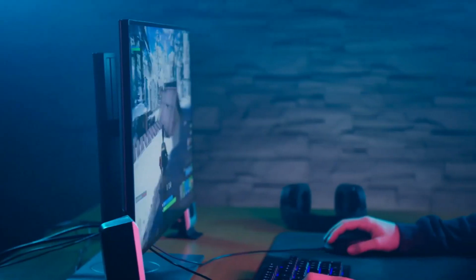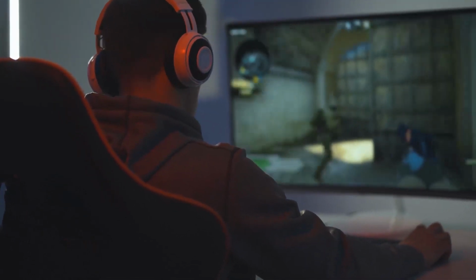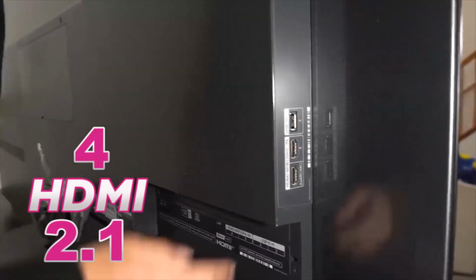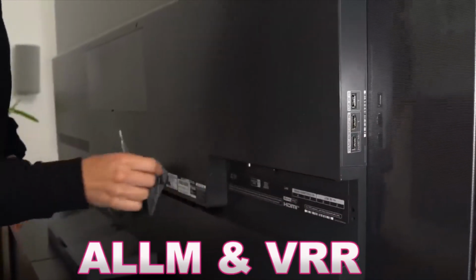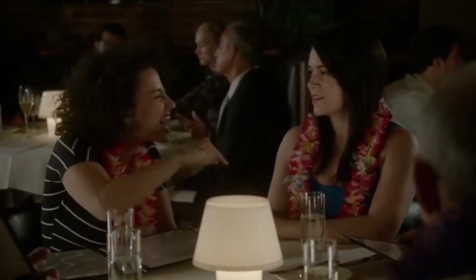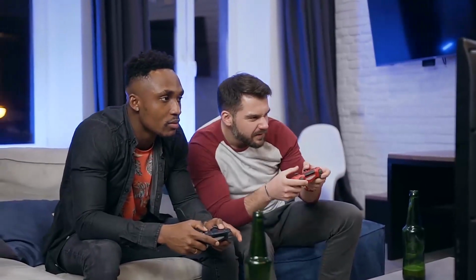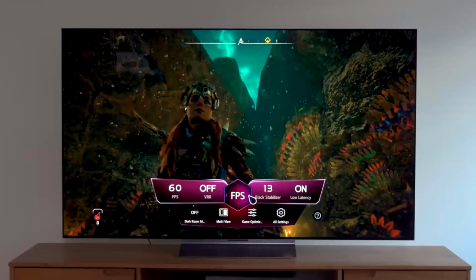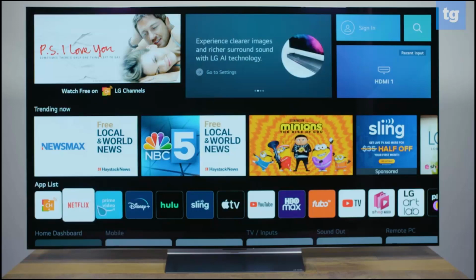I have some good news for gamers out there. When it comes to connectivity in gaming, LG keeps working to give gamers a better experience. The LG C3 has 4 HDMI 2.1 input ports which support 4K/120Hz, ALLM and VRR. I love this! So if you love playing games on your TV, the LG C3 is definitely a television to consider. Let's now turn our attention to the operating system to the impressive upgrades and strides made since last year's